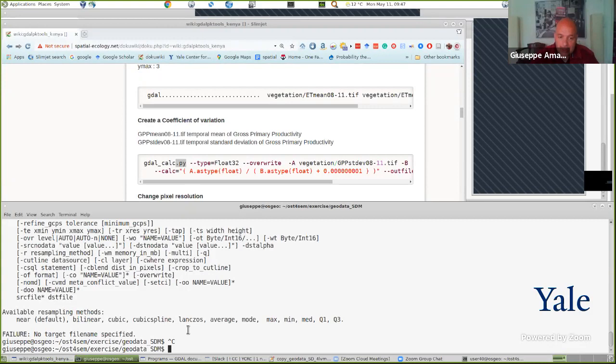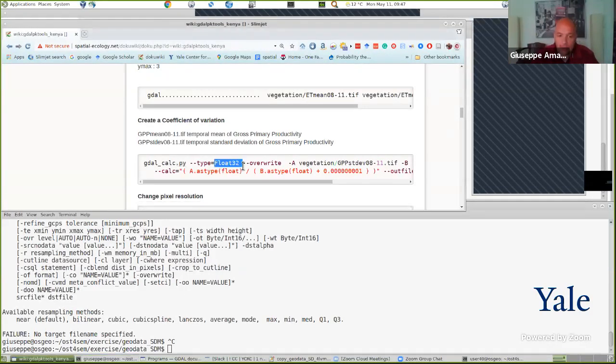Also in this case, you can select the data type. For example, over here we are computing a coefficient of variation. So we are doing the standard deviation divided by the mean, so our value will be a floating point. We need to store it as a floating point in order to be able to store the information after the digit. So in this case, if I'm selecting over here,